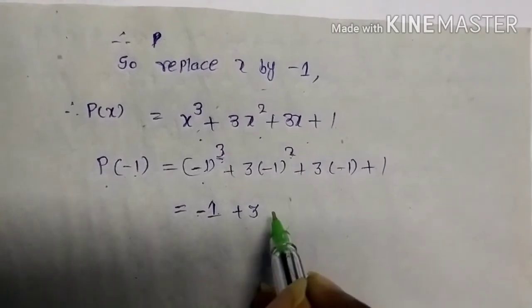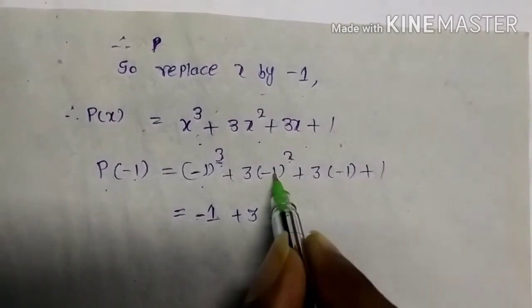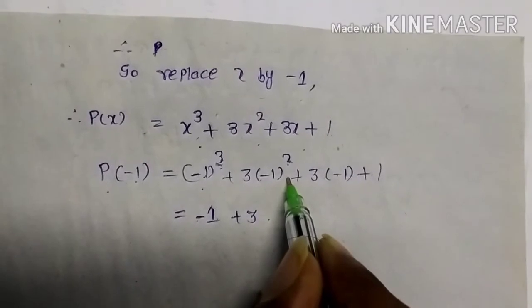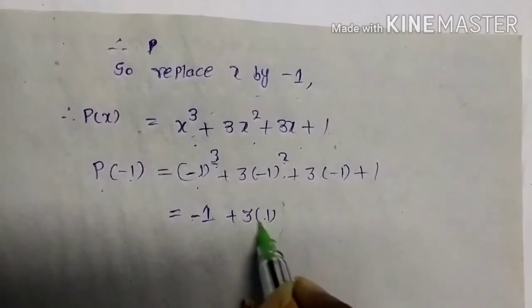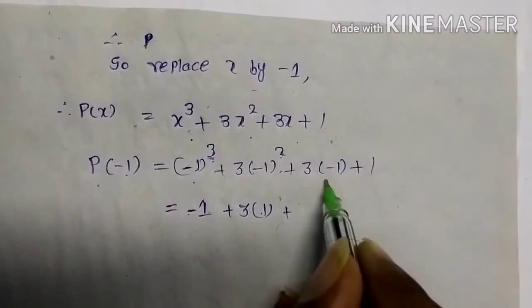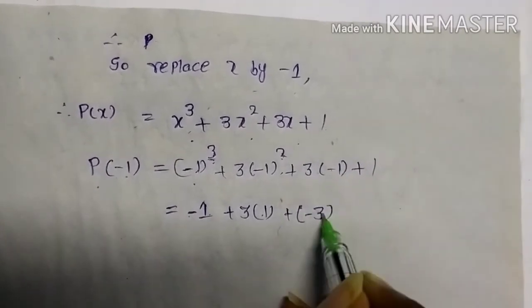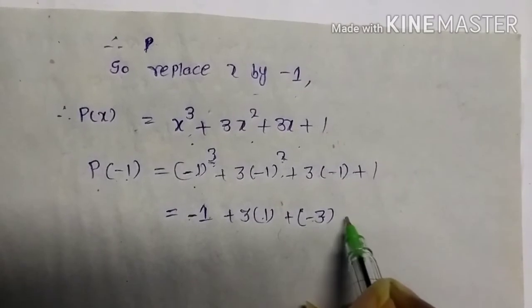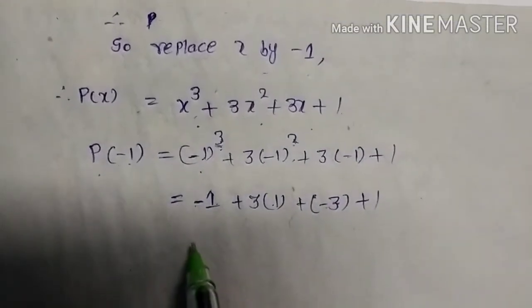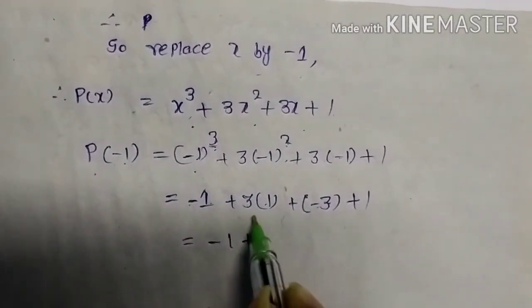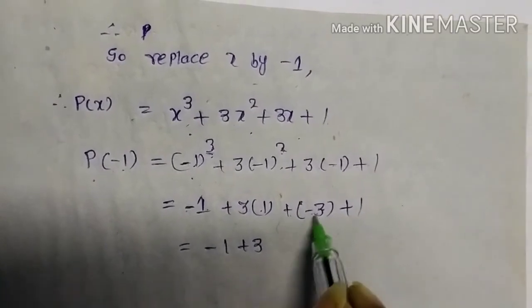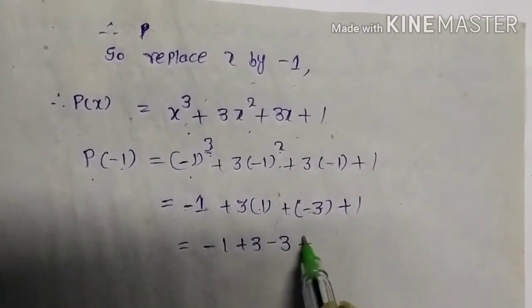If it is an even number, you will get plus. Why? Because you can just check it. Minus 1 into minus 1, it is plus 1 or not? Yes. Directly you can take plus 1. See here, 3 into minus 1, I am writing here minus 3. Yes or no? 3 ones are 3 only. Plus into minus is minus only, minus 3 plus 1.